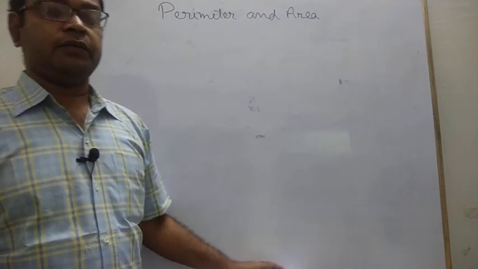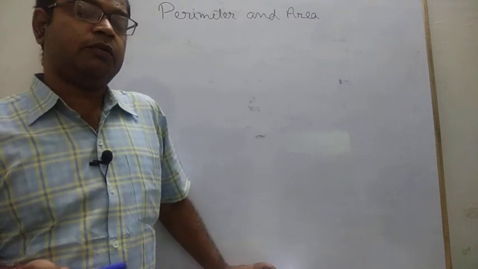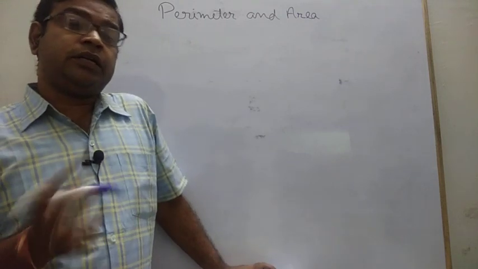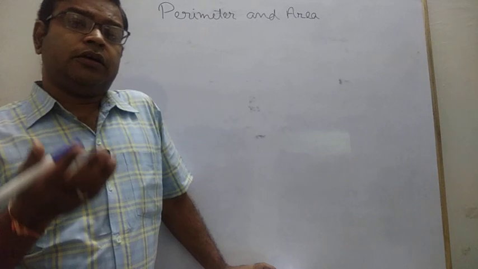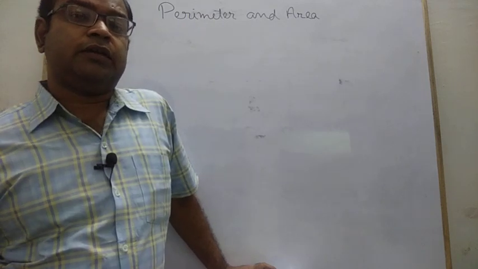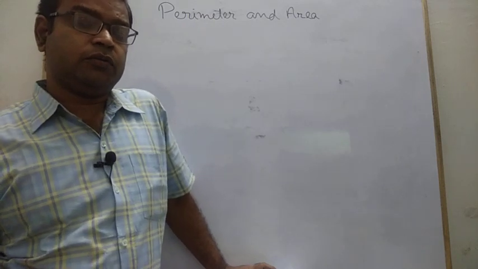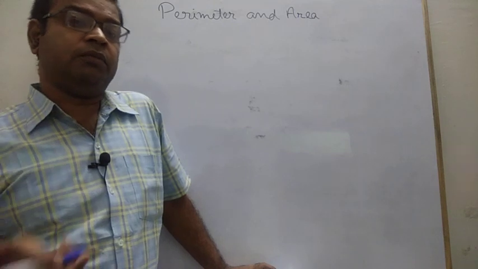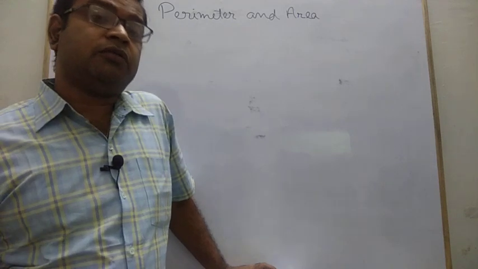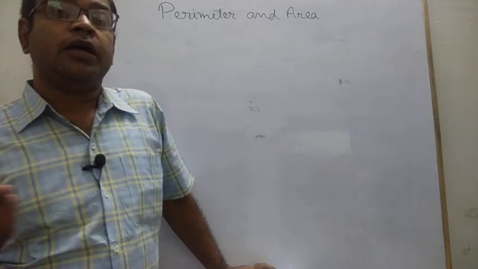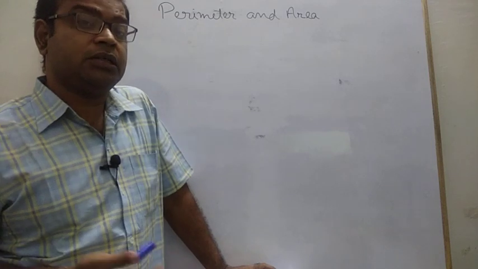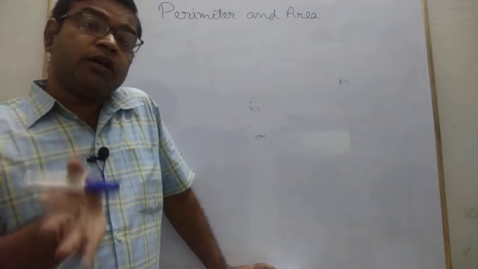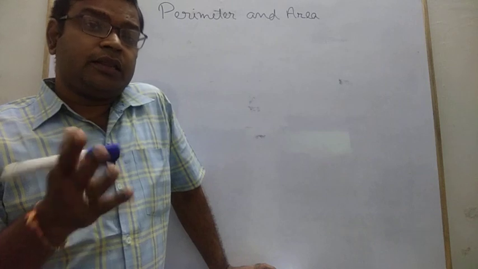Before we start the chapter, all of you must know the interconversion of units that you learned in class 5, 6 or 3 or 4: that 1 centimeter is how many meters, and 1 meter equals how many centimeters, or in 1 kilometer how many meters and how many centimeters are there. All these things and how you interconvert them, you must learn.